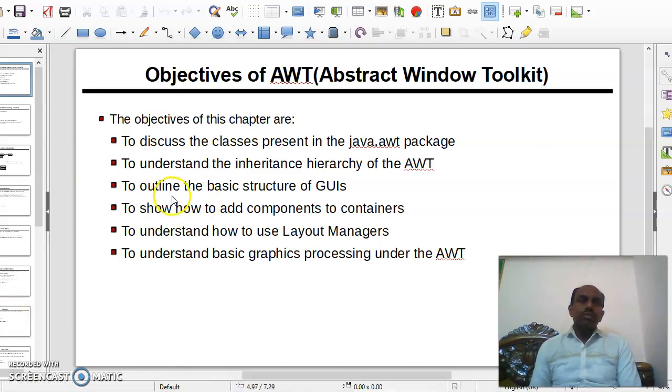After that, we outline the basic structure of GUIs. Next, to show how to add components to the container, that is the hierarchy of AWT components. After that, we understand how to use the various types of layout managers, what their types are, and what their uses are. After that, to understand the basics of graphics programming under the AWT. All these are the objectives of AWT, and after that we will see them one by one. Next one is